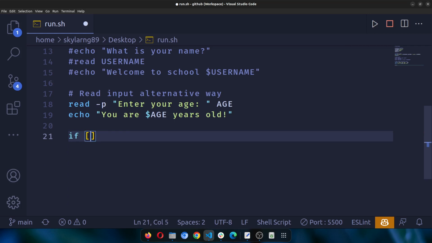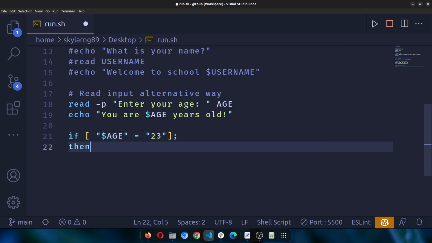So if age, you leave a space, is equal to 23, then you add a semicolon here. So this is where I said you should add a semicolon. So if age is equal to 23, then